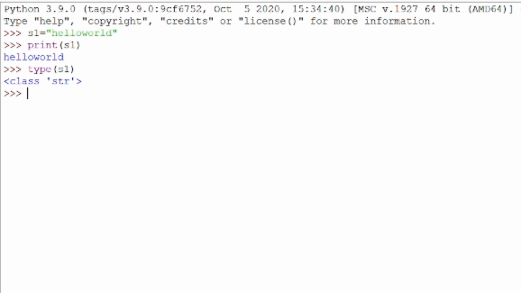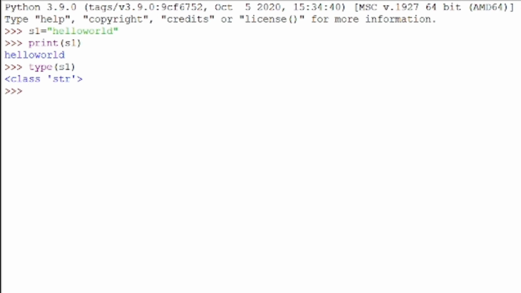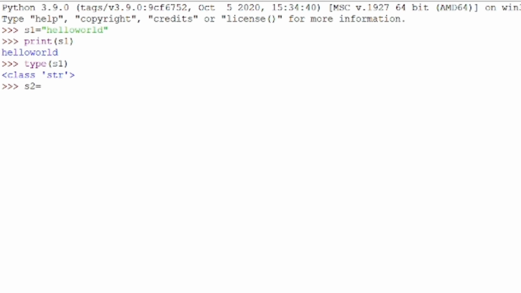Now we'll discuss accessing of a string. It starts from the 0th index, and from the reverse order it will start from -1. Now let us see s2 is equal to Python programming. If you print s2 of 0, it will give you p, because p is present at the 0th index.